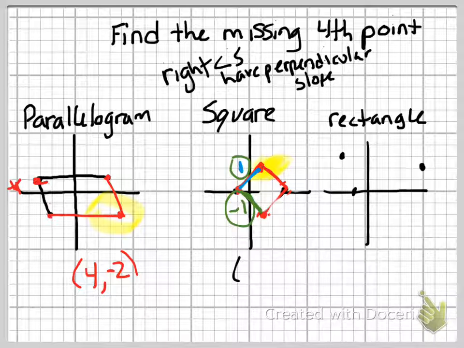This one, for my final answer, my fourth point is at 1, 2. Alright, so on this rectangle, again, I already have them plotted for us, but let's say that this one on the top left is our first point, and there's that one. So in order to find that fourth point, which I know is going to be somewhere kind of in this region,